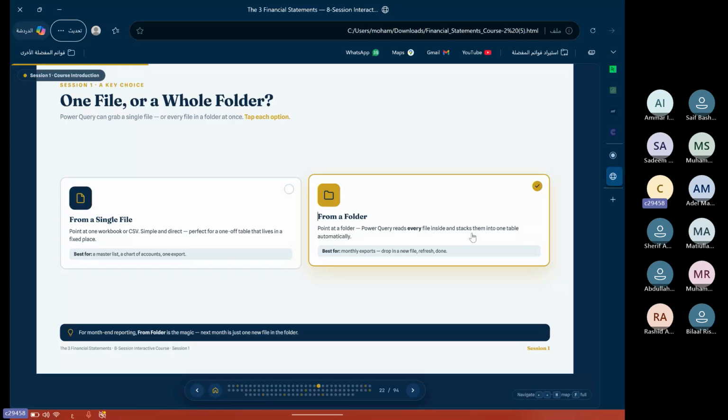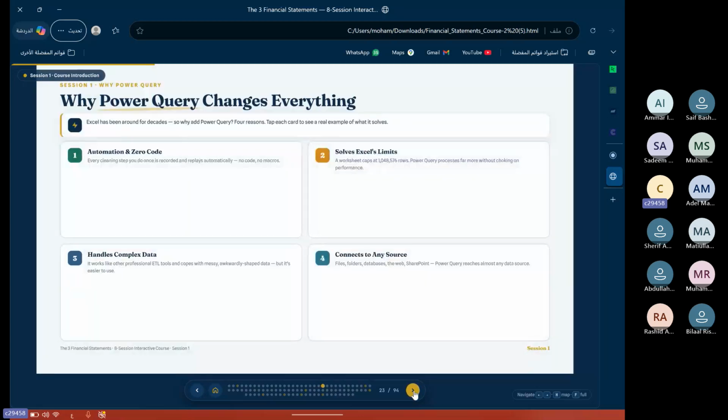You only download the file as it is. You will not clean the files that you already cleaned in previous months or previous days. خلاص, you already made these steps before; they are in applied steps. You download the new file for June and only put it in this folder. You refresh your Excel, and everything will be new and updated, inshallah.